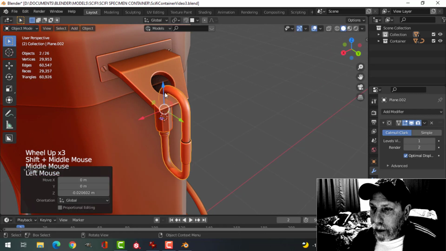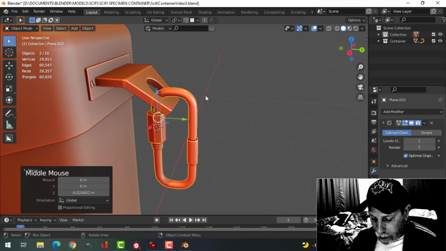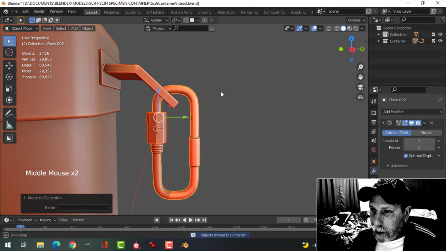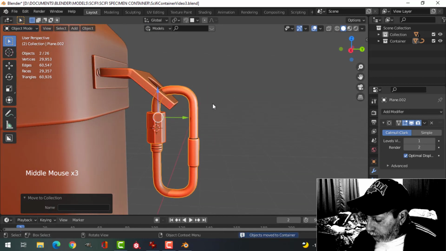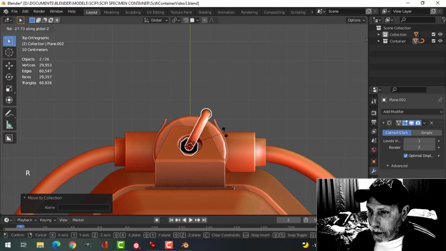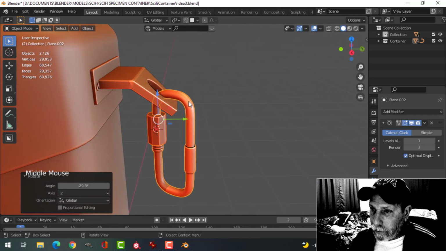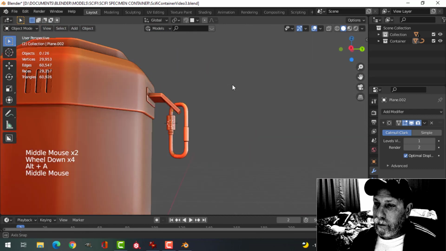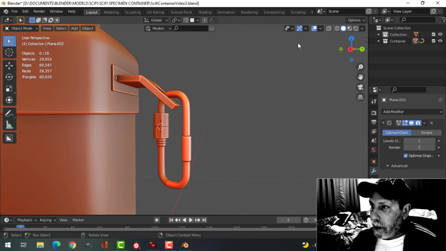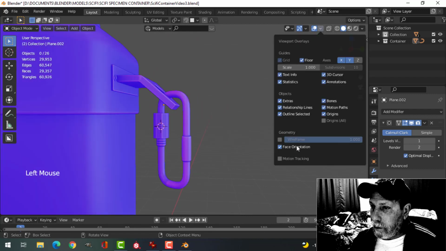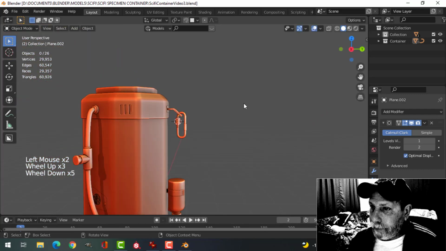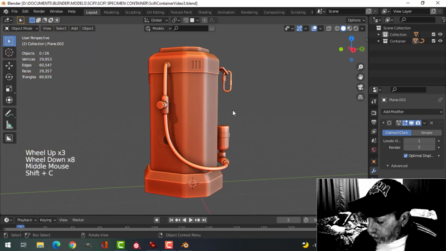Alright, so I would have that there. I'm going to move that into the container collection. And let's look from the top. I'm just going to rotate this in the Z a little bit. And we have that. Okay, Shift C on